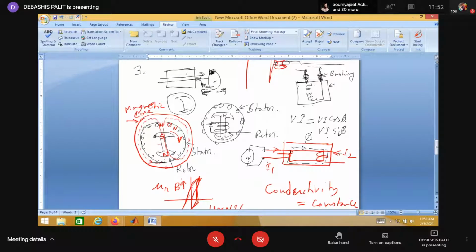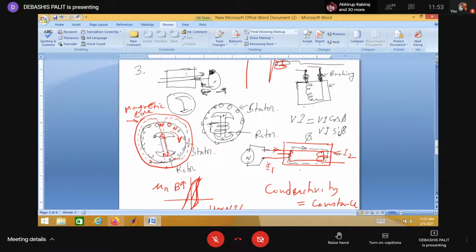Reactive power is required for creating the flux, but active power is always wasted here. Actual power is transmitted from this point to this point. There is a magnetic coupling. One coil is there, another coil is there. How is the power transmitted? In any single phase two winding transformer, two coils are there. One coil is magnetically coupled with another coil, so there is a flux linkage of one coil into the other coil.